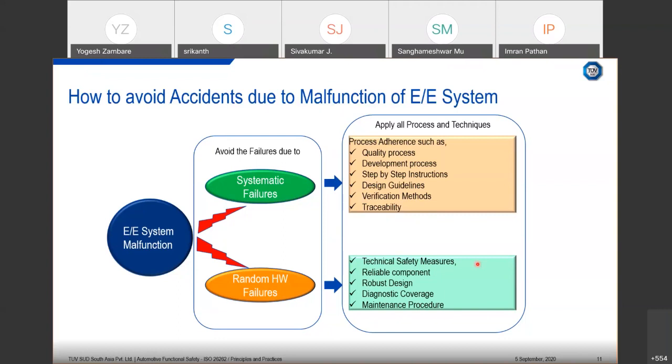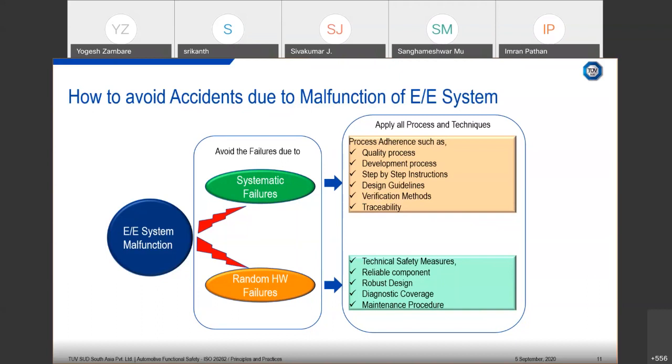And also bring various levels of safety mechanisms which can detect the failure and take the system into the defined state or something like that. For that, bring the safety mechanisms. And also, if it is a maintainable product, then you also apply the maintenance procedure. If it is applicable, then you will be able to reduce the random hardware failures. So we understand the type of failure that needs to be addressed by our design. Now,